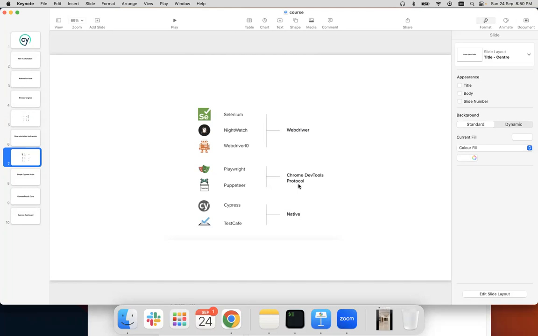The Chrome dev protocol is the next version of the WebDriver protocol. Puppeteer has no such support, but Playwright uses the Chrome dev protocol in the backend. And if you look at Cypress and TestCafe, they use the native browser